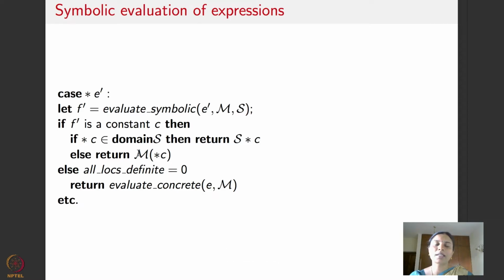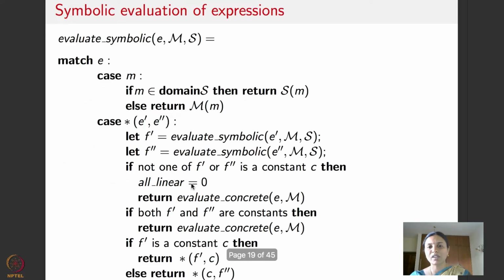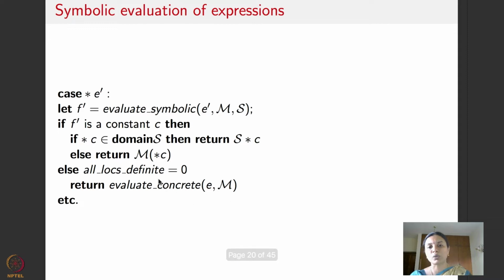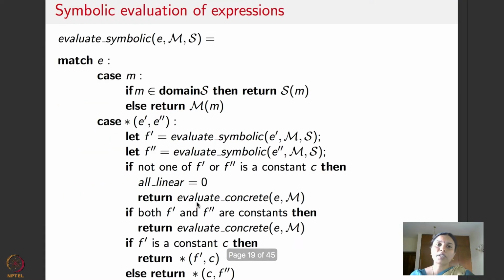Similarly here, when Dart is handling pointer arithmetic, if it encounters a situation where the memory address is not correctly known, then it will set a flag which says all locations are not definitely known, because here it doesn't evaluate all of them. So there could be places where it doesn't know. It will go ahead and substitute concrete values. Otherwise, it does normal symbolic execution. Why does it do the substitution of concrete values? Because by doing this upfront, Dart will ensure that the path constraint that it collects is always solvable by the constraint solver that it is using. So this way it overcomes one of the disadvantages of symbolic testing.